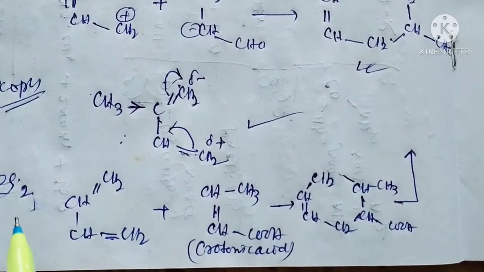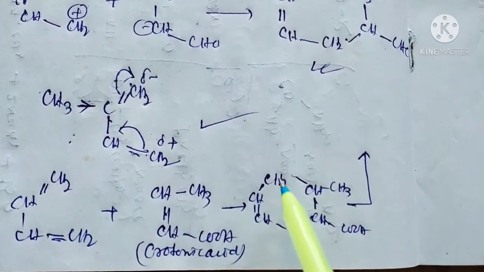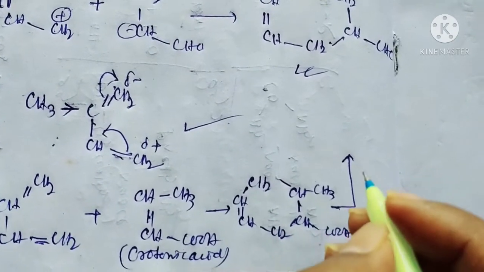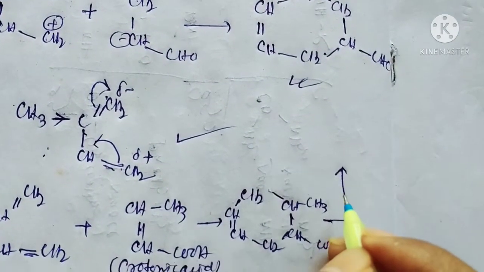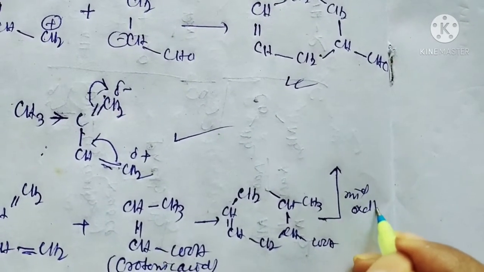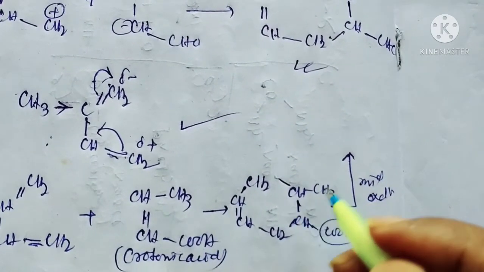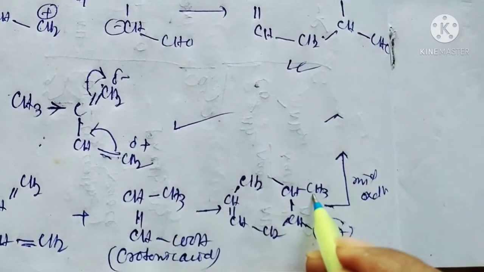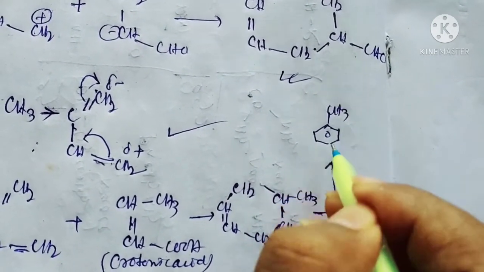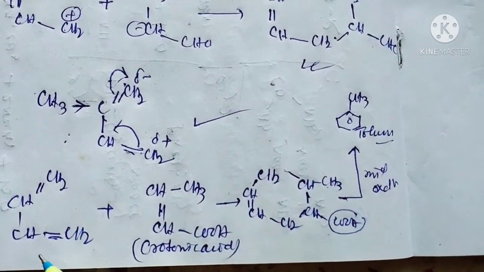Here you can see another example I am giving you. This butadiene, when it reacts with crotonic acid, forms this compound. This compound is a 6-membered ring compound, and whenever mild oxidation takes place, by Cr2O3 or anything else, this one gets out of the system due to the mild oxidation, and they form, you can see, this 6-membered ring. Another methyl group is there, so it will form toluene. So this is how we can prepare toluene also from butadiene and crotonic acid.